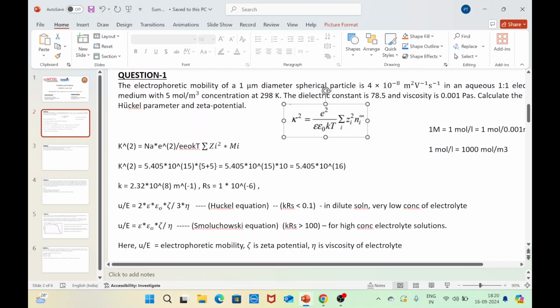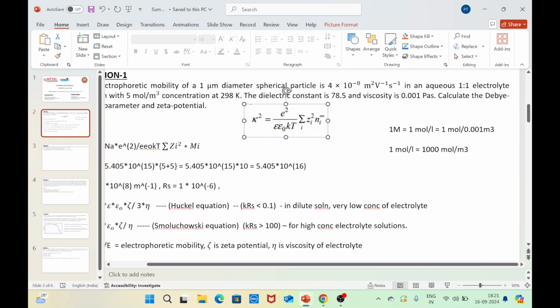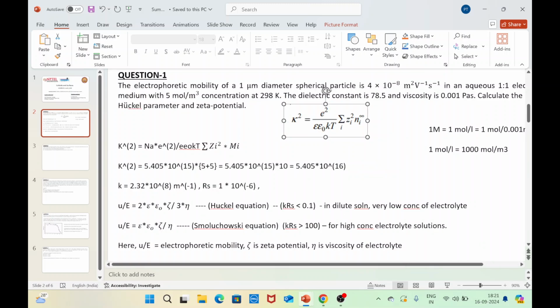If you calculate this factor inside your sigma, it comes to Zi squared times Mi. Mi is nothing but the concentration of the electrolyte. Z over here is for a 1:1 symmetric electrolyte, so the value of Z plus as well as Z minus is going to be 1, which means,